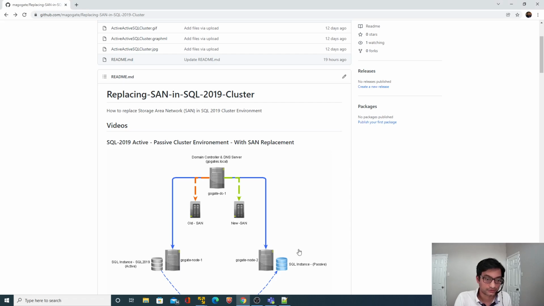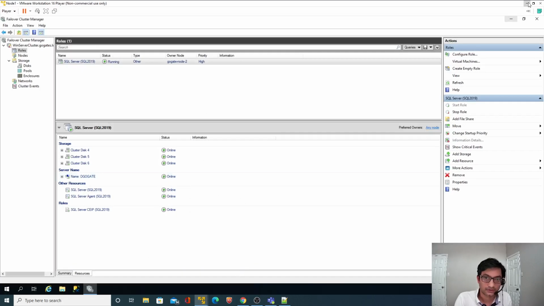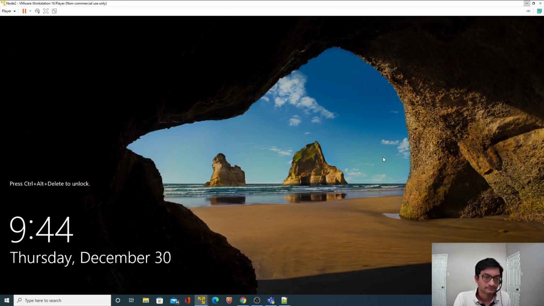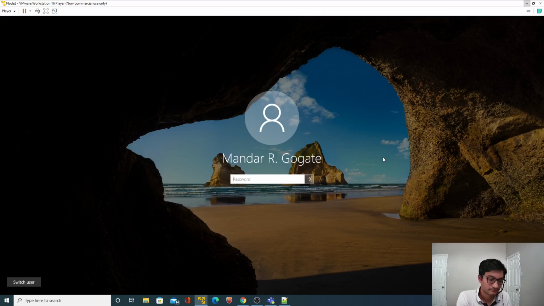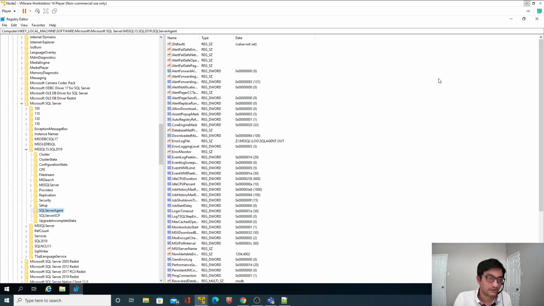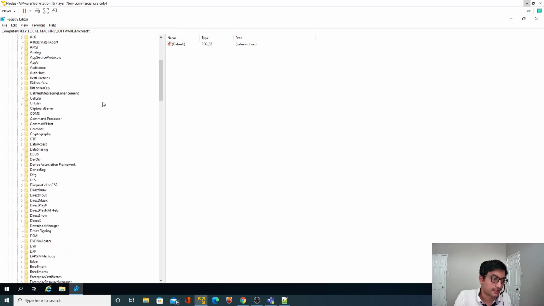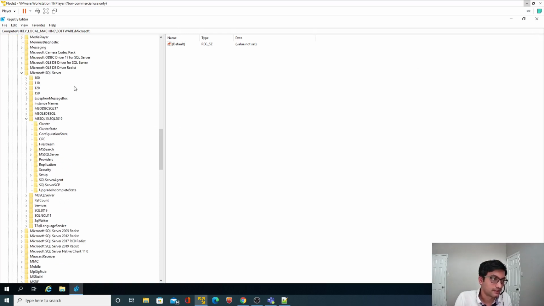So I'll open node 2 now. I am again on the registry editor, and this is the path: HKEY_LOCAL_MACHINE, Software, Microsoft, and under that Microsoft SQL Server, then the instance name.